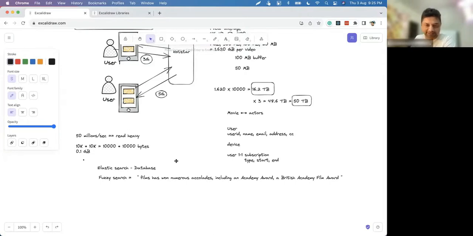Now you search with "Academy Awards". This is possible, but your search will be very slow in a relational database because it's not indexed per word. We can index the column, but we cannot index individual words within the tables. So that is another disadvantage of relational databases.